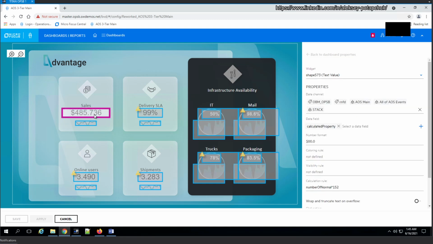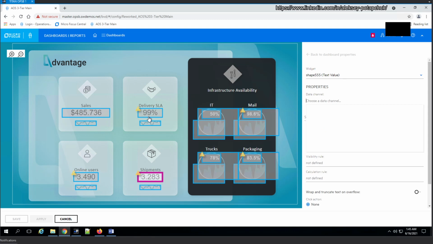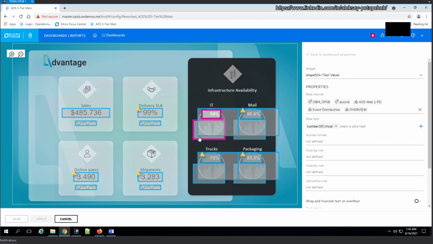So when we look at the data channels, we see that there is a data channel, but then there is, for example, a calculation rule that changes the number, right? I want the number of sales to be animated and reflecting something, but I don't want a dedicated data generator that would fake this number, right? I want it to be animated. So I'll take a number of events and multiply them by 152. That's the number that I felt at today, and it would generate a number. And there are plenty of those customizations that I would really like to reuse. However,